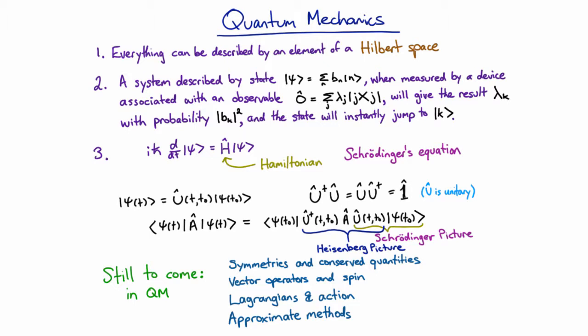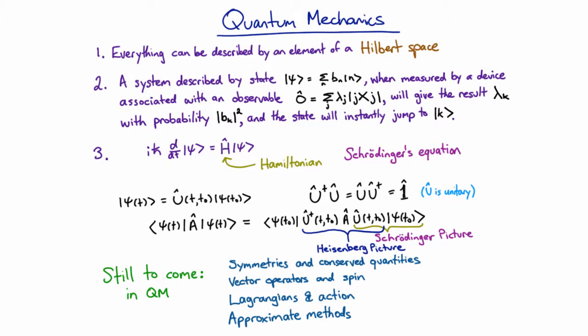We also had a look at different pictures. Previously you probably learned about the Schrodinger picture in quantum mechanics. You've also learned about the Heisenberg picture and indeed the interaction picture, and they're just different ways of breaking up expectation values and grouping the evolution either with the operators or the states. Now, still to come, we've made some progress towards